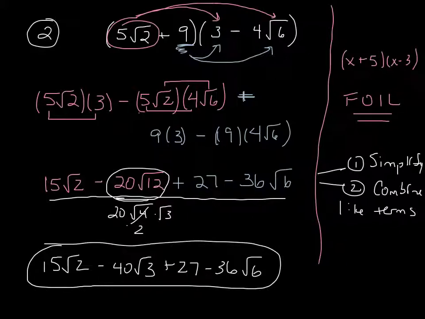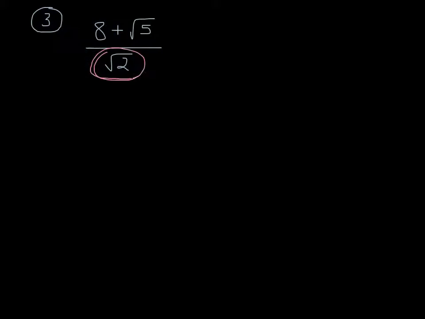There we go. Okay, let's take a look at dividing radicals, which again can be a little bit tricky sometimes. So let's suppose we had 8 plus radical 5 over radical 2. Now our major concern here is the radical in the denominator. It's not standard to keep a radical in the denominator, so what we're going to have to do here is rationalize it. Okay, the process of rationalizing